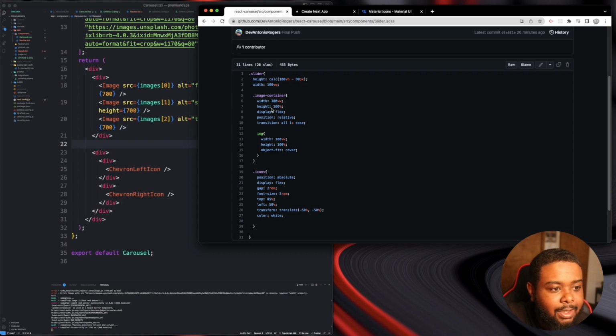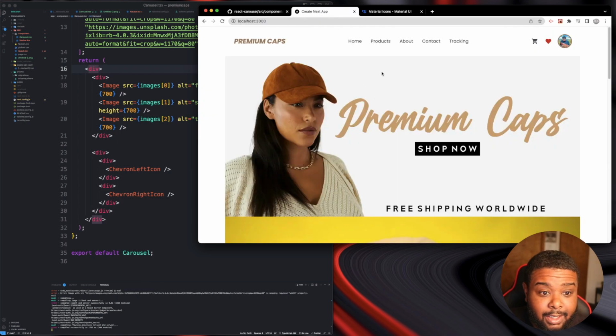Okay. Alright. So for the slider, which is this, we did a height of calc 100vh minus 80 pixels. I'm not going to do that. So that's why I say a lot of this is going to be different. I'm not going to set a height for the slider. I don't think it needs a height because